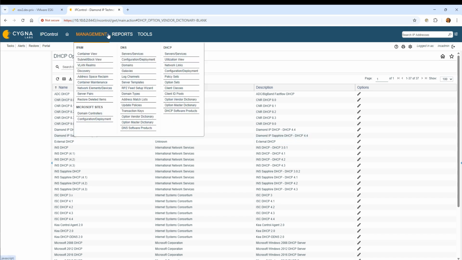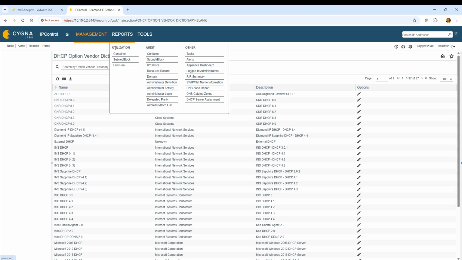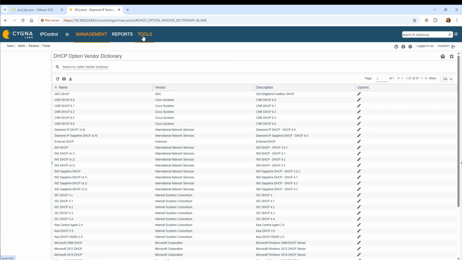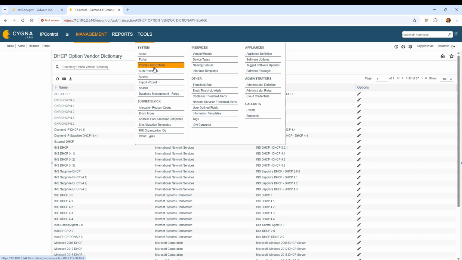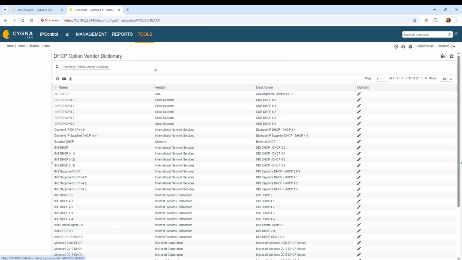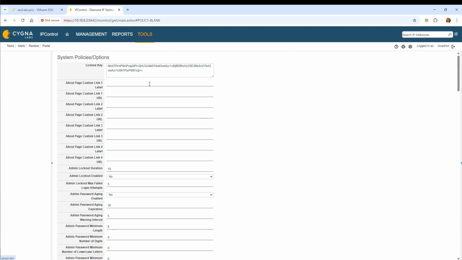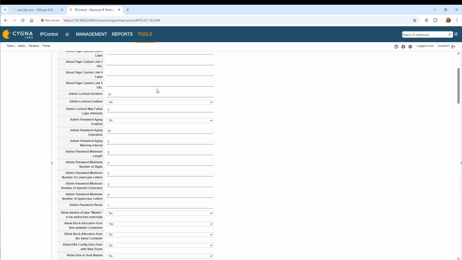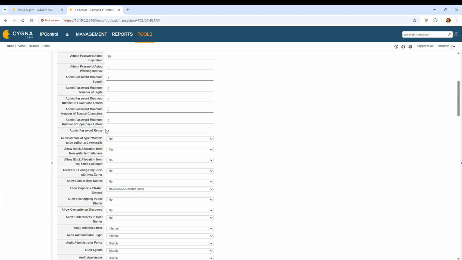Okay. And then as we get into more reporting, you're going to see some of the auditing, utilization alerts, and then you'll see some DNS zone reports and things that are helpful as we move forward, but also those auditing of policies and address match lists and domains, IPs, and things. Tools maintains is where we'll have the system policies and options. So whenever we say, hey, go see the policies and options, that's under here, where we also apply your license key, and then you'll have your various